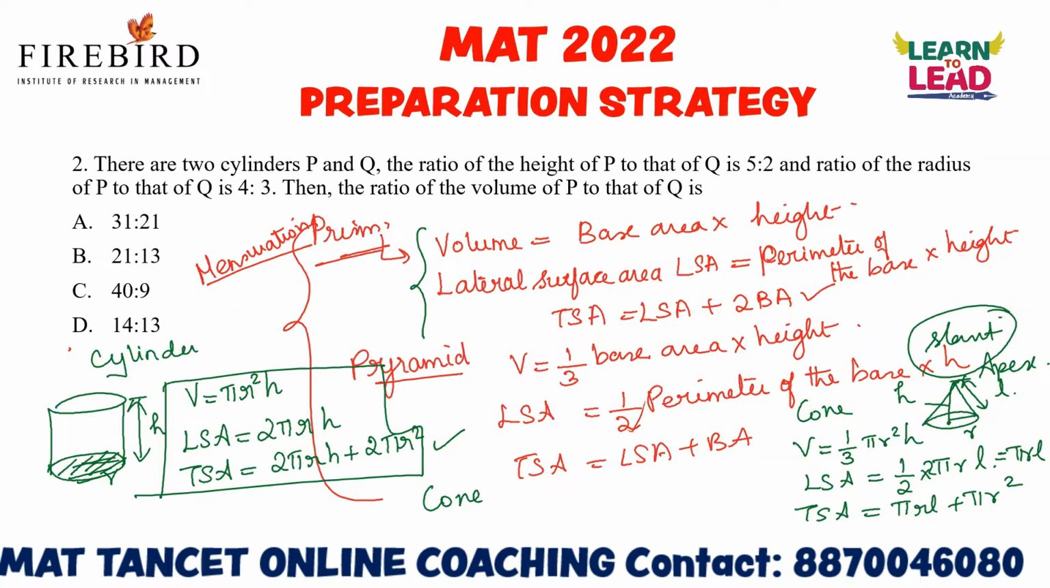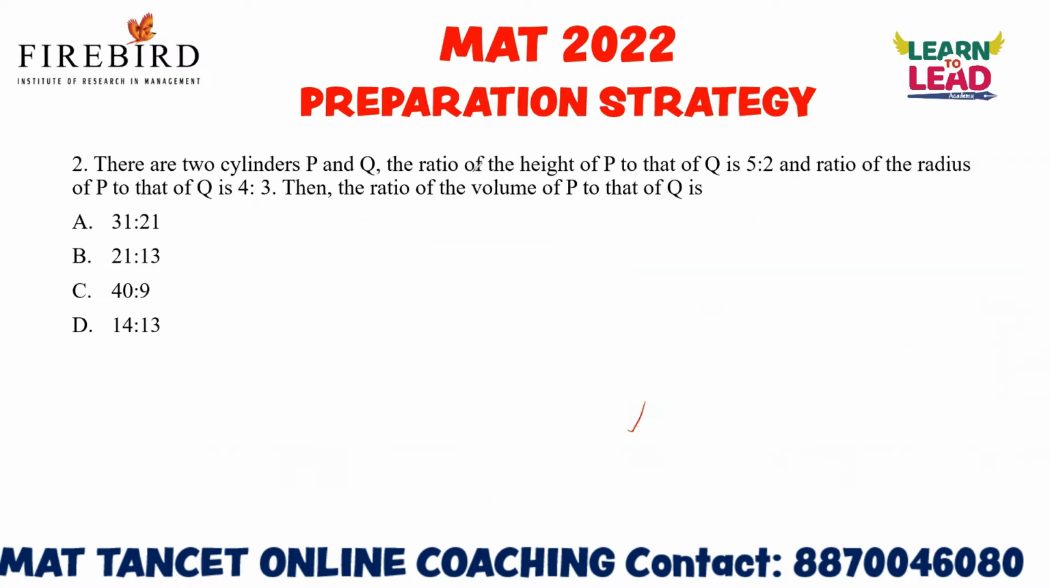Okay, now coming back to this question. There are 2 cylinders P and Q. The ratio of height of P to that of Q is, so height of P to height of Q is 5 by 2. And radius of P to radius of Q is 4 by 3. Find the ratio of volume of P to that of Q. So volume of P to that of Q,